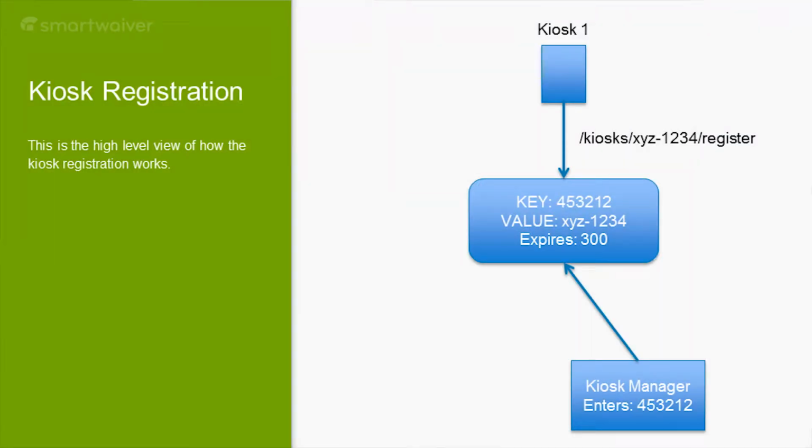This is not my super great schematic of what happens, but basically the kiosk does the API call. It sets this key just like that. And then the kiosk manager, when you enter it, you match the key, you get the device ID, then you can link it all up right there. And with the device ID, we also get the OS version and all this other stuff,